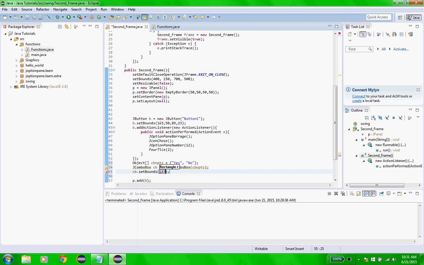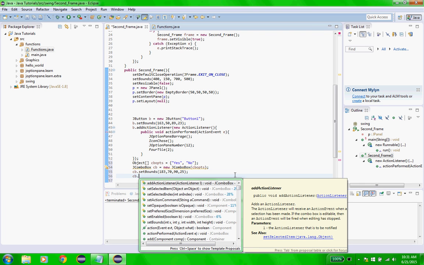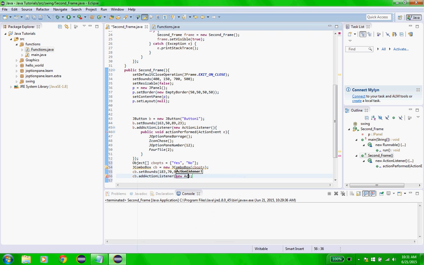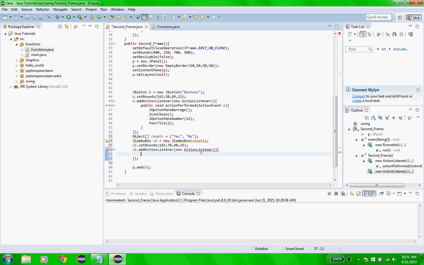Maybe you want it to be 183, comma 170, comma 90, comma 25. CB dot add action listener, new action listener, in brackets, and that public void action performed, action event E. Do that. You can type now, let's say, if CB is equal to